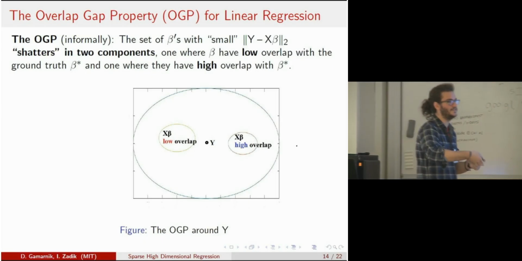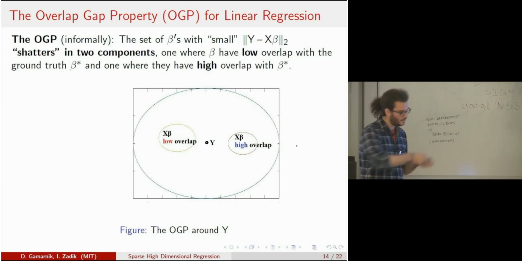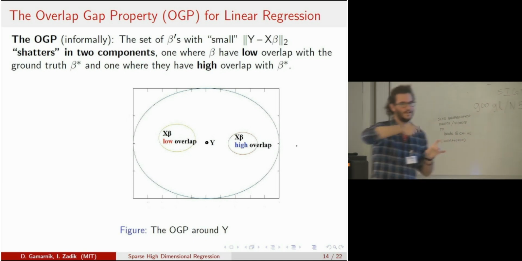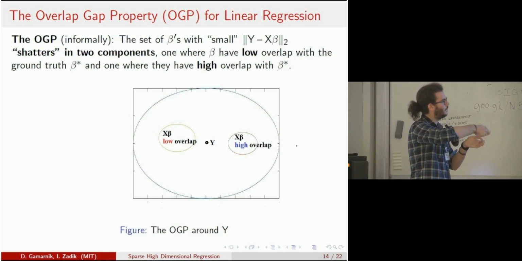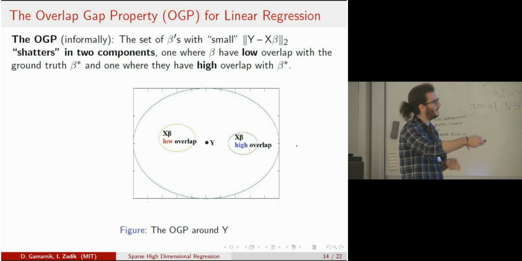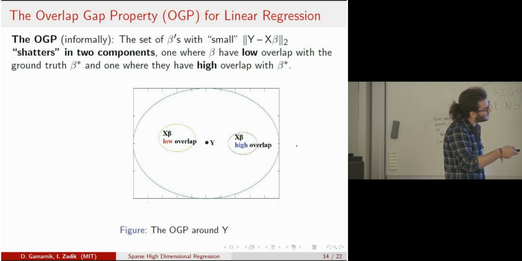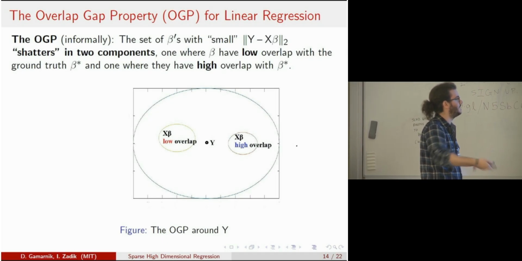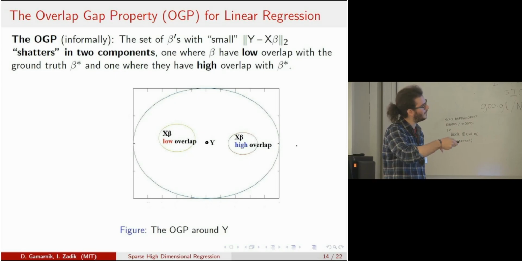Assume you have a local search algorithm which is greedy in some sense, so it is not very sophisticated. Then what it will do is start with a vector that has k ones, and move iteratively by flipping a 1 to a 0 and a 0 to a 1. It will continue this path and try to go near beta star, so in this regime. But imagine worst case, or best case, that it starts near y in this group. Then, because the overlap is an integer number, it would change by at most 2. So it has a huge gap to go from here to here, so at some point it should go outside